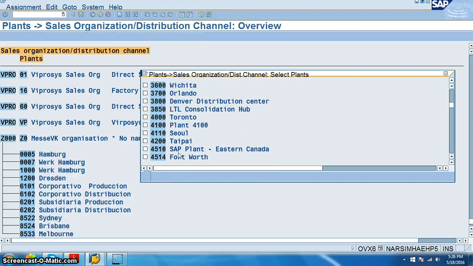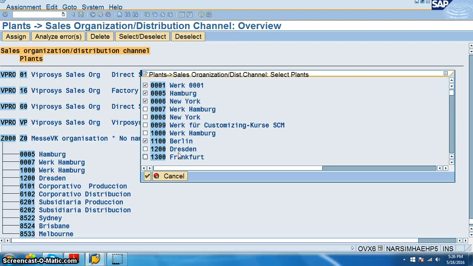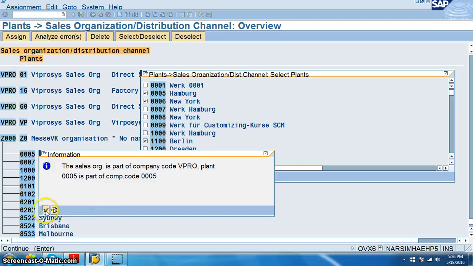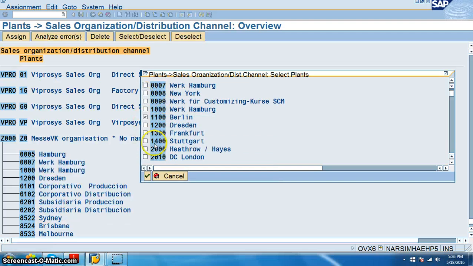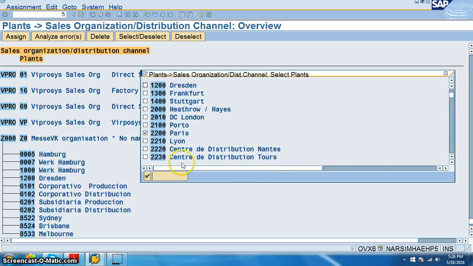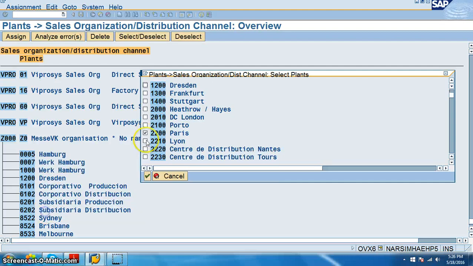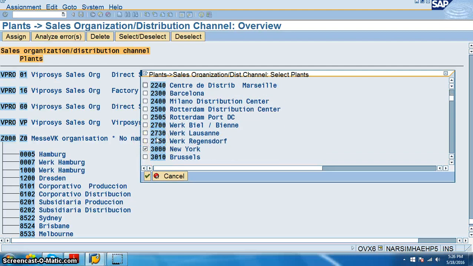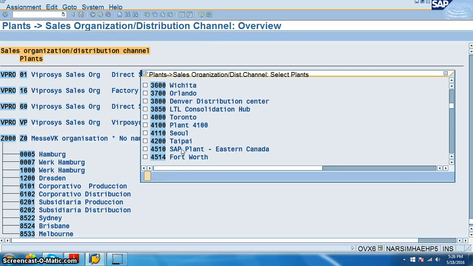Okay, 001 is already part of another company code, it seems. So that's the reason we are not taking this. Basically, these are not assigned to our company, so I just uncheck this, because since these are not assigned to our company code, we are not able to post it.